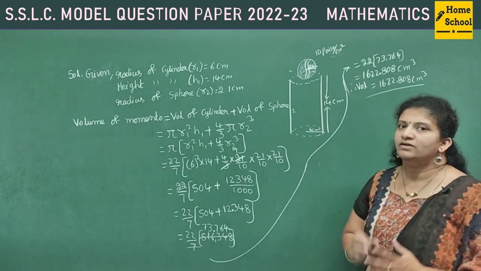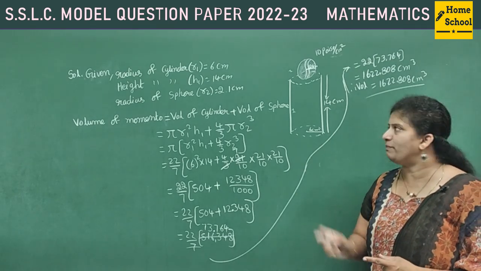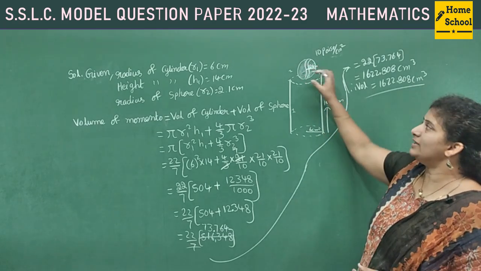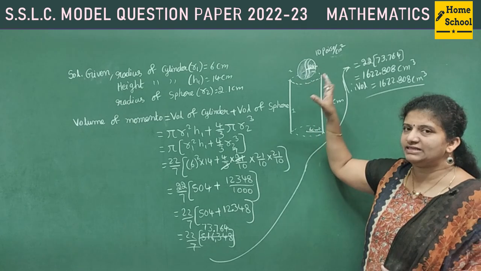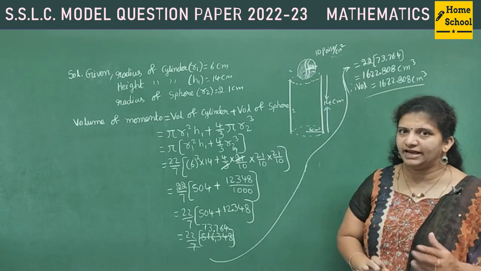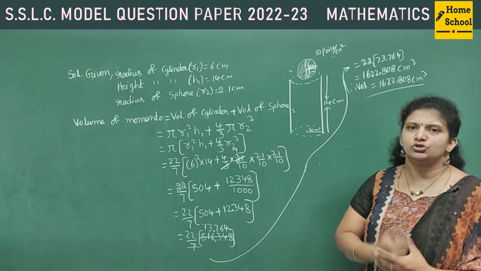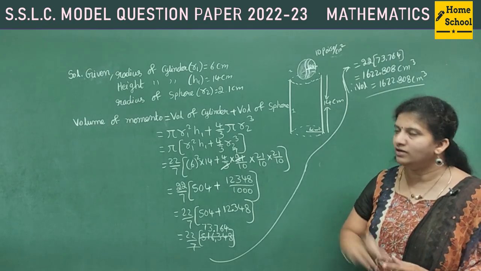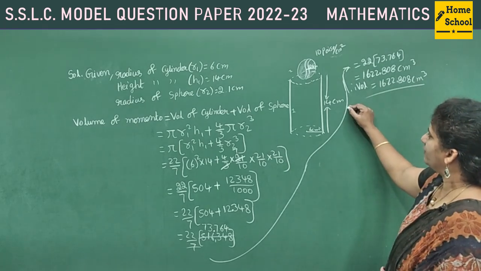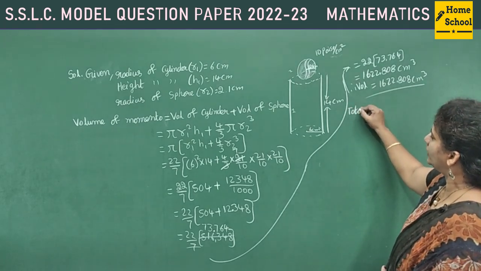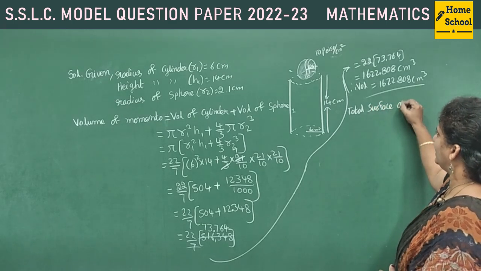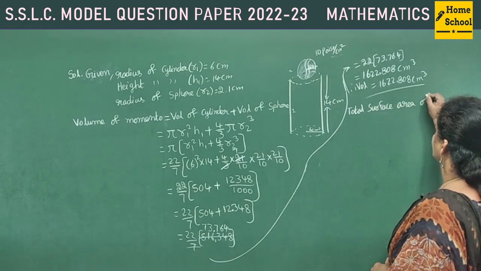What is that? Find the cost of painting the sphere with a gold color, and the cost of painting this sphere will be 10 paisa per centimeter square, it seems. So first we need to find the surface area of the sphere. So let me find total surface area of sphere